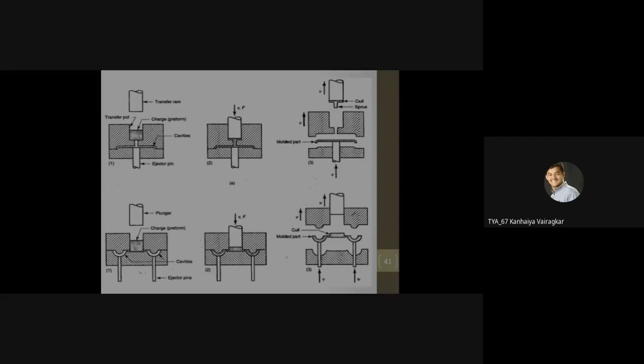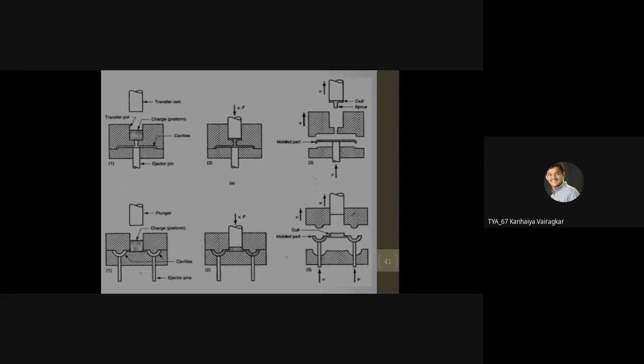Look at the second figure of the first section. The ram will push the material from the transfer pot and fill the cavity, and in figure number 3 you get the molded part. From the bottom it is pushed out by the ejector pin.